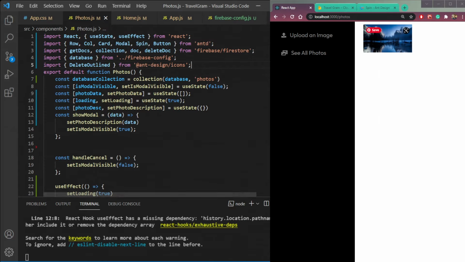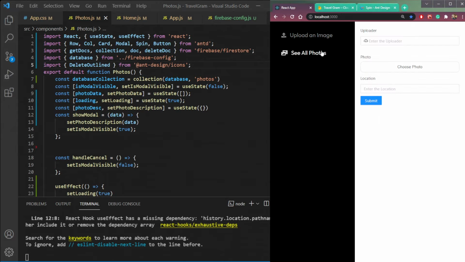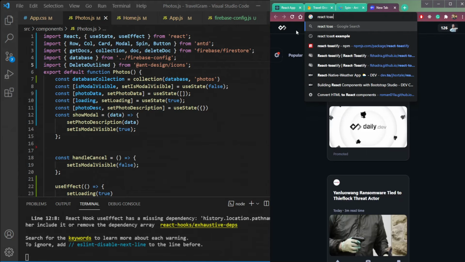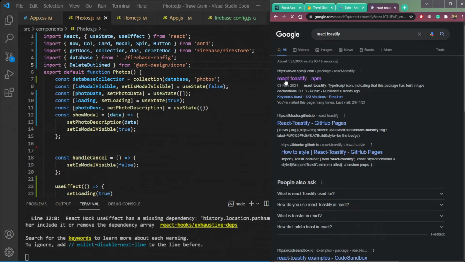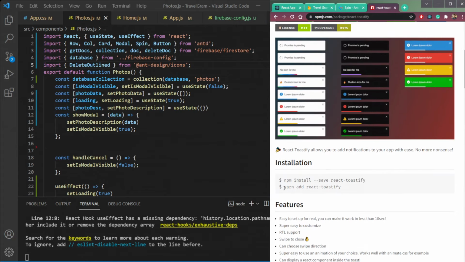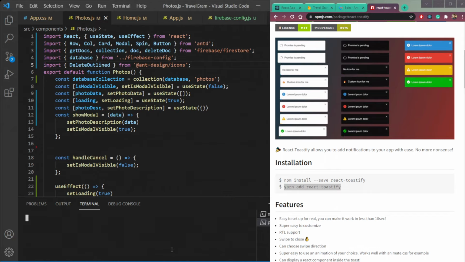So that's how you build a photo gallery using React, Ant Design and Firebase. So the only last thing we need is to install this React Toastify. So let's install it. Just type yarn add react-toastify.